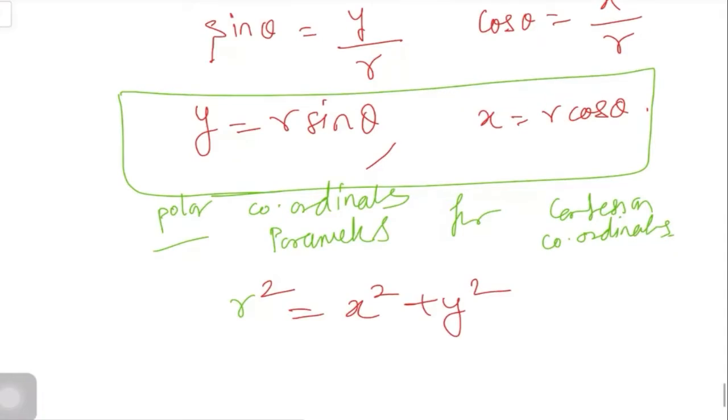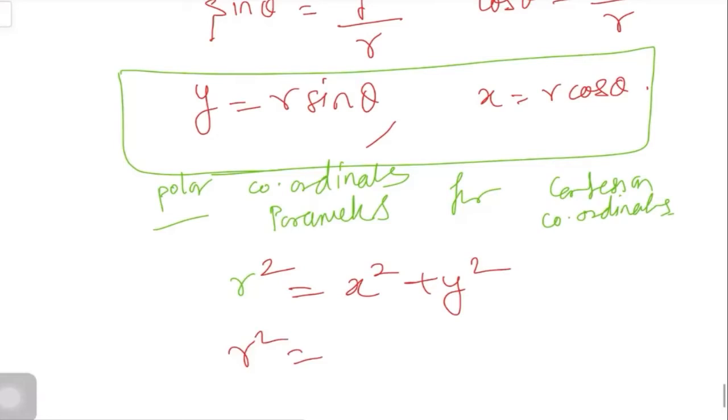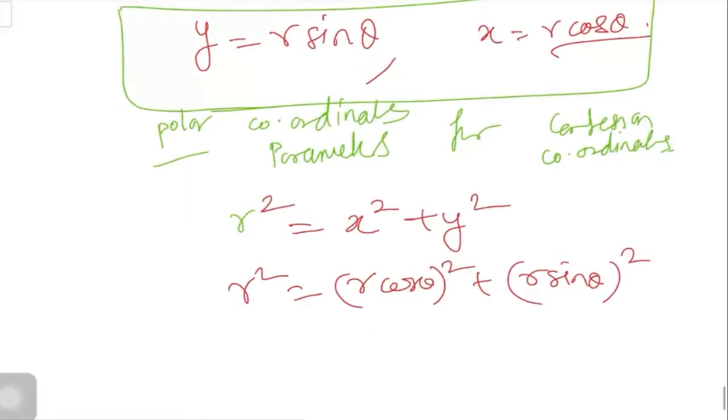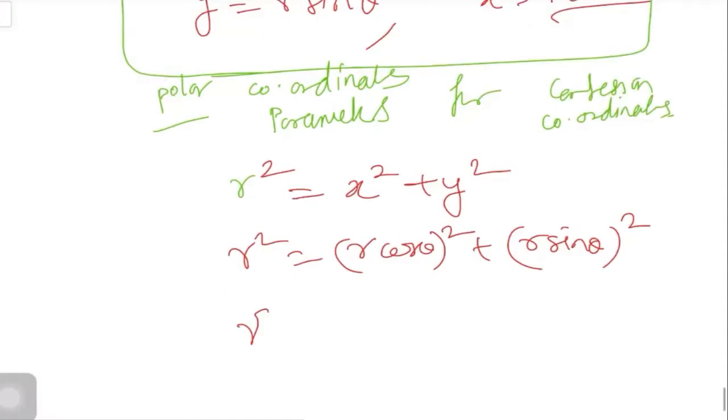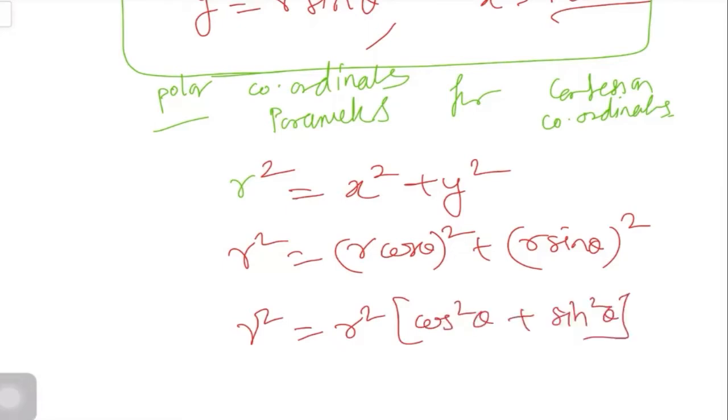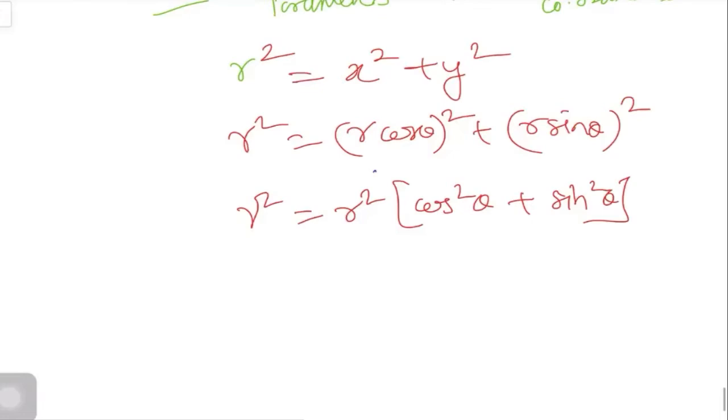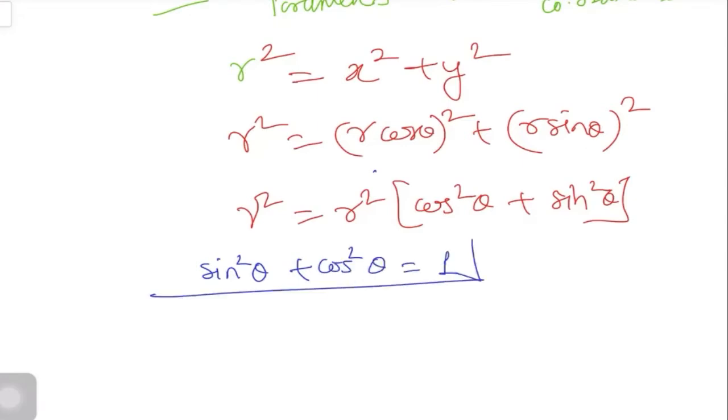So now we can substitute in place of x. What is x as given here? That is r cos theta. And what is y as given here? That is r sin theta. So we are going to have r square here, and here r square you can take common. So we have cos square theta plus sin square theta. And now you can cancel out this r square. So we are having sin square theta plus cos square theta is equal to 1. So this is our first formula which comes from Pythagoras theorem.